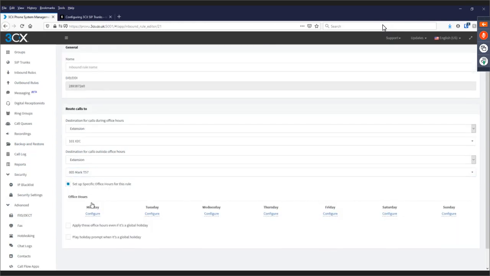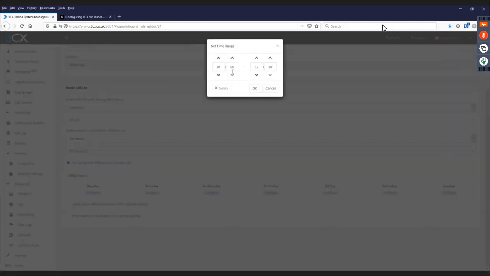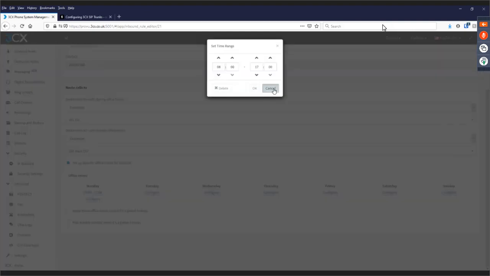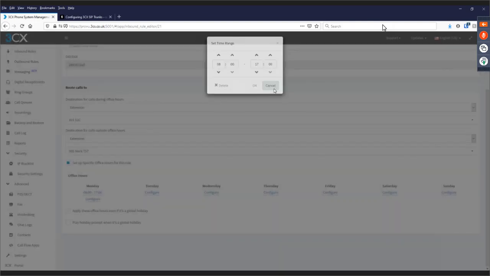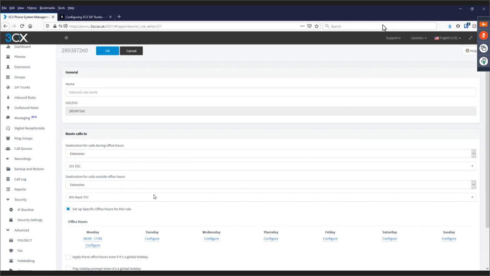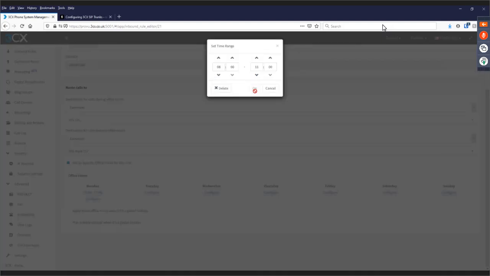I can also set up specific hours for this trunk to follow. So I can say on Monday between 8 and 17, configure this, only use this. These are my office hours, so after that, anything else should go somewhere else. Let's give it an example. No, I shouldn't be working that late. From 8 to